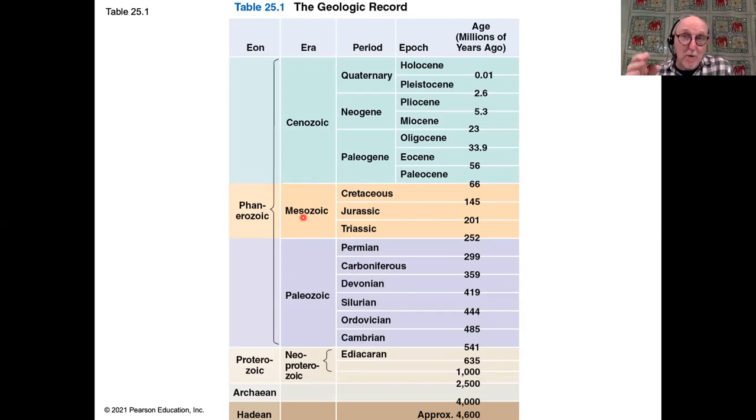These are tremendously important events. Sometimes they wipe out 50, 60% of extant species all at once. And we'll talk about them again in a little while. Our current period is the Quaternary, and the Quaternary is divided into these epochs, and we are living in the Holocene epoch. I don't expect you to remember all of the rest of these, but you can look them up and see.